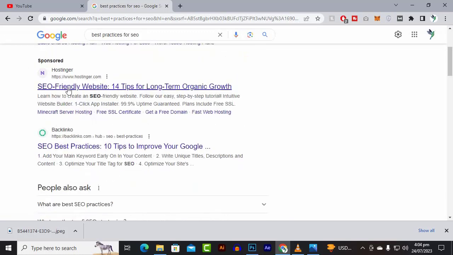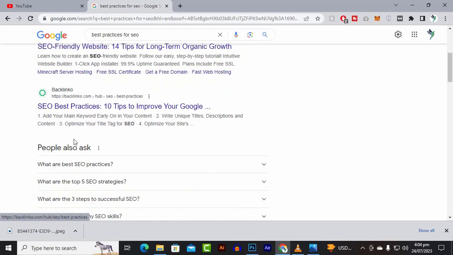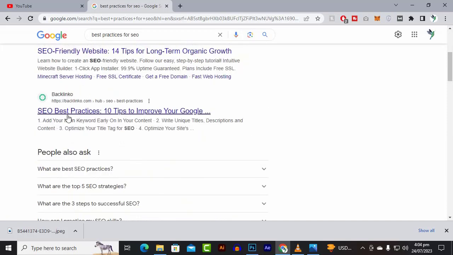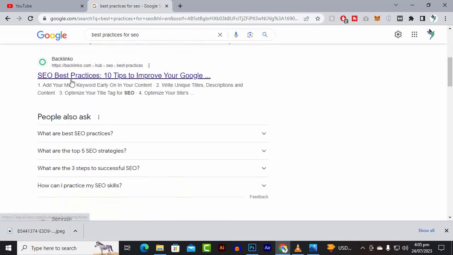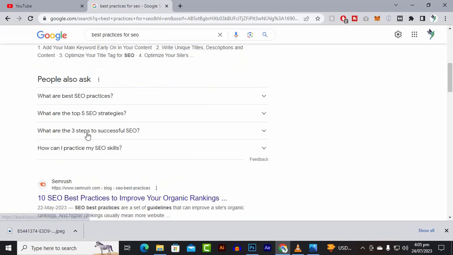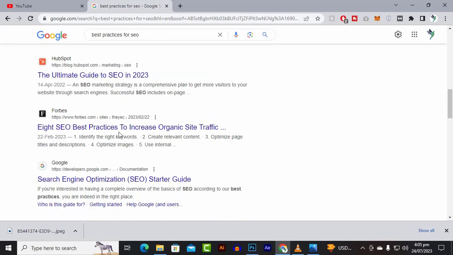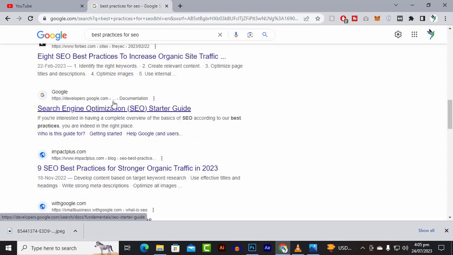So just ignore these ads, and after that you will find the main SEO-based articles. Here you can see this article is on the top, then this one, then this one from some other website, then this one, and then this one.